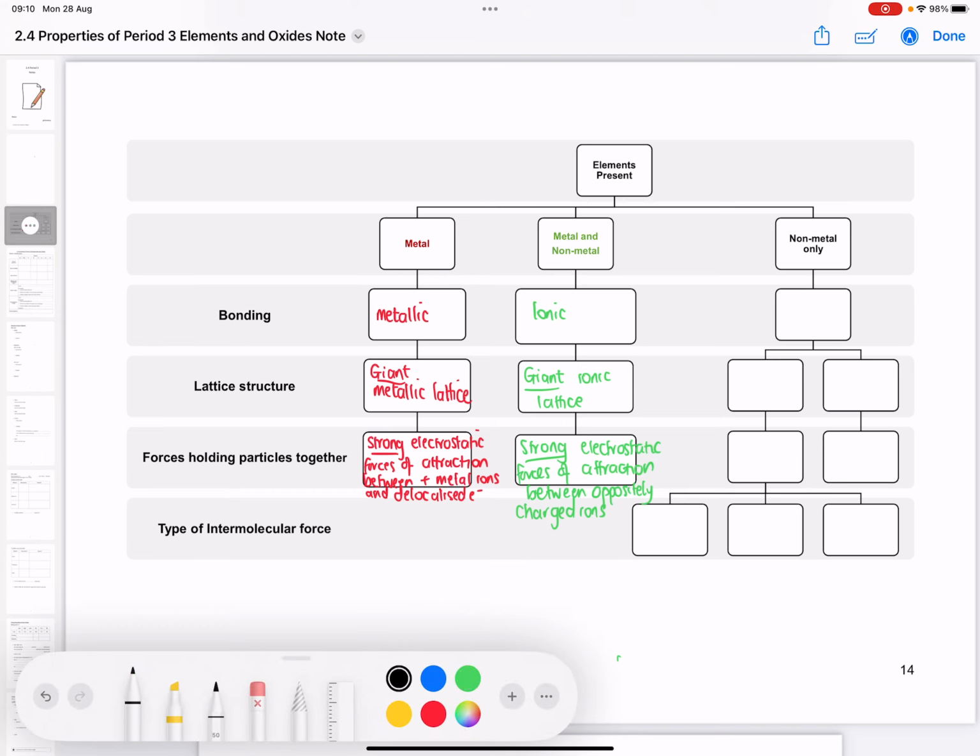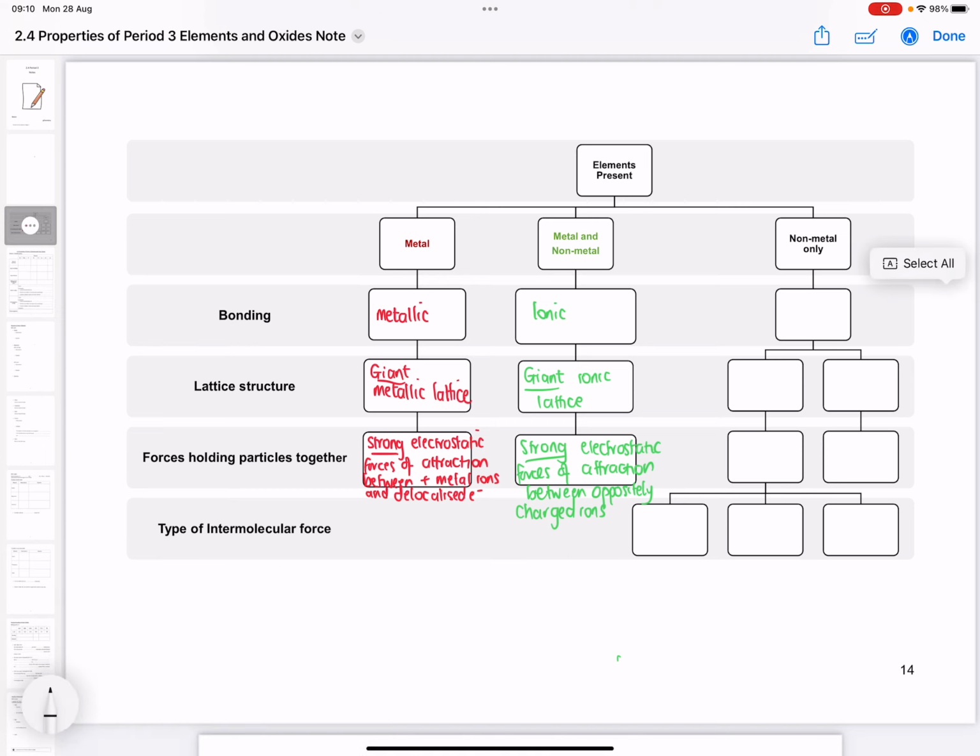And then our last one, if our element is non-metal only, so we're talking sulfur, phosphorus, carbon, then our bonding is covalent, but our structure could be two types. We could have giant covalent, or you might want to call that macromolecular. Or we could have simple covalent,